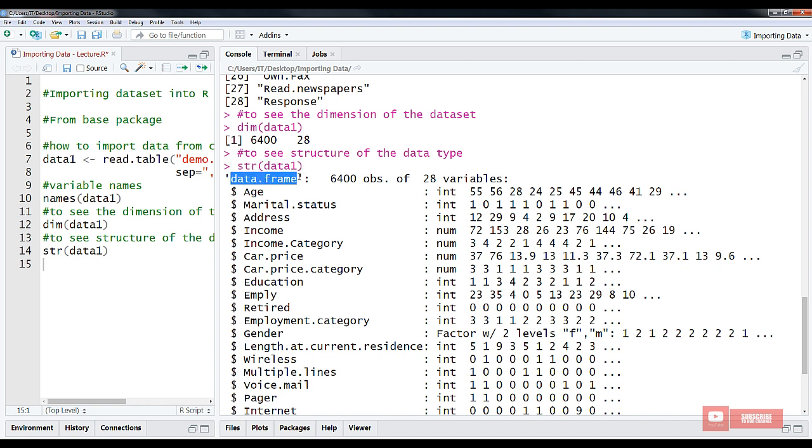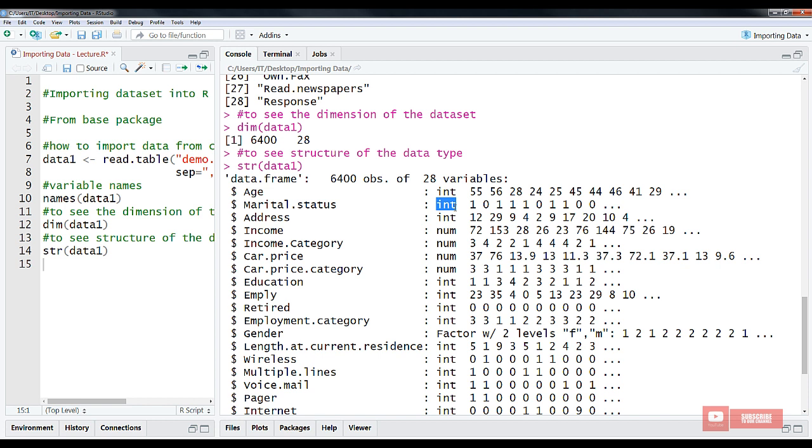So the dataset is already converted into a data frame. So this is a data frame dataset, 6,400 observations of 28 variables. The first variable is age. The data type for age is integer, consists of numbers. Marital.status, this is the second variable,